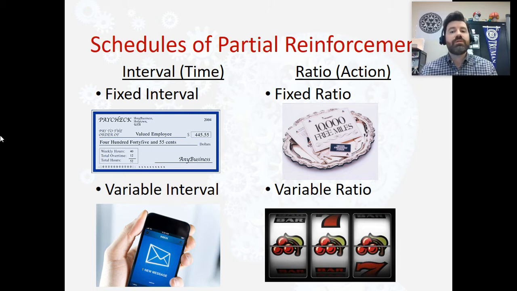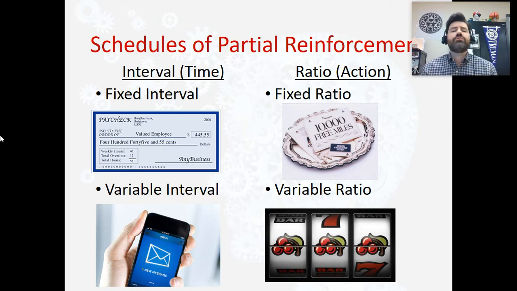So let's think of some common jobs that you may have as a teenager. Well, one common job that you may have is working in fast food or working in retail or something like that. And you likely get paid by the hour. And so if you get paid $10 an hour and you want to make $100, don't worry about taxes and things, then you know, okay, I got to work for 10 hours. You know that if I put in the time, I'm going to get paid. It's based off of an interval. So anyone who's getting paid hourly or getting paid on a salary, we would call those interval reinforcement.